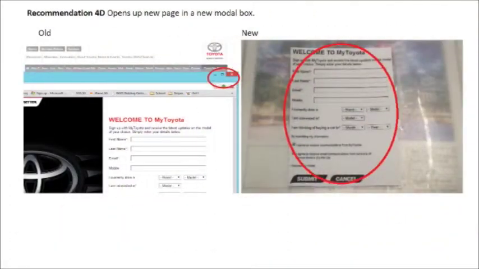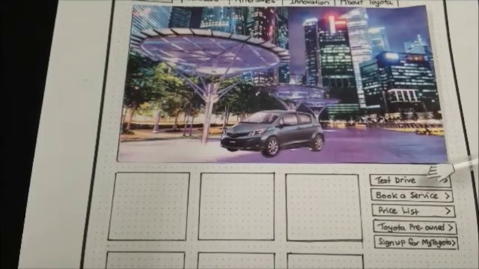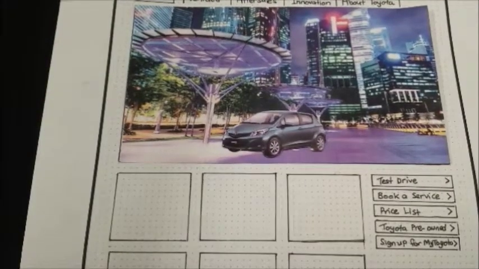In the original site, some buttons such as Book a Test Drive will redirect users to a new window, as seen in the left picture. Our group proposed that a modal window be used instead of using pop-up windows to display the form. Thus, as seen from the prototype, when a user clicks on the test drive link, the form is shown in